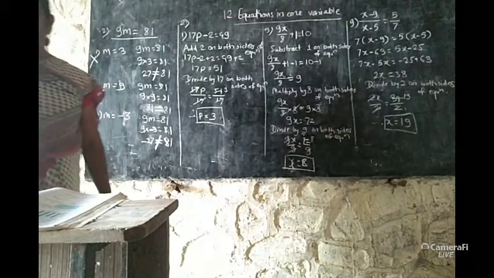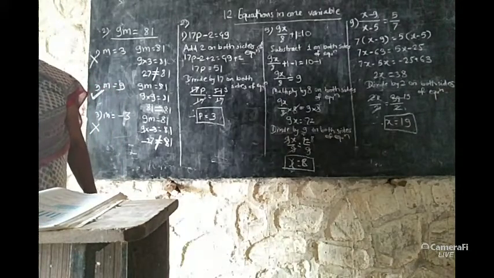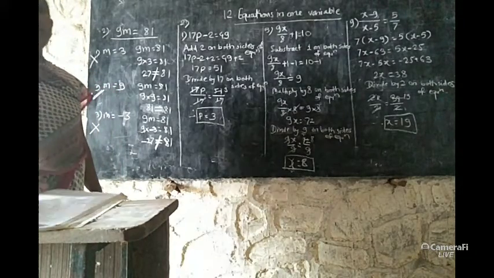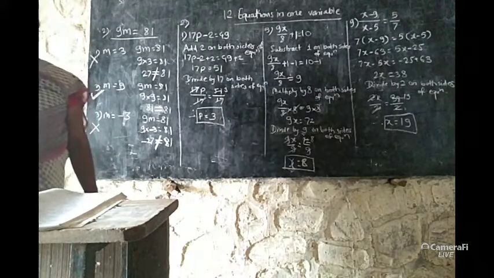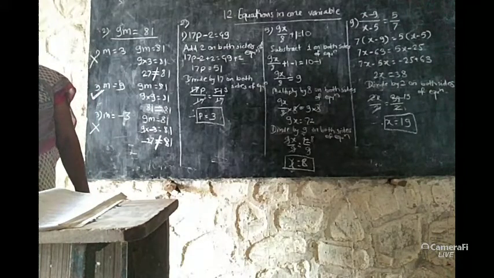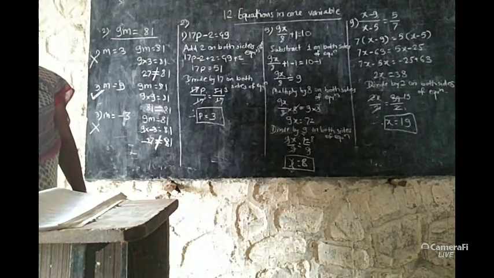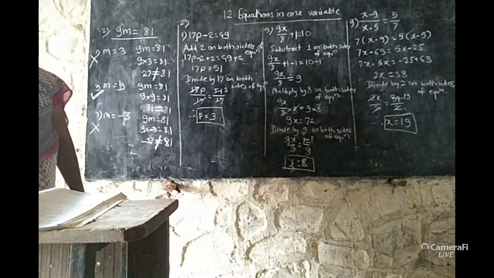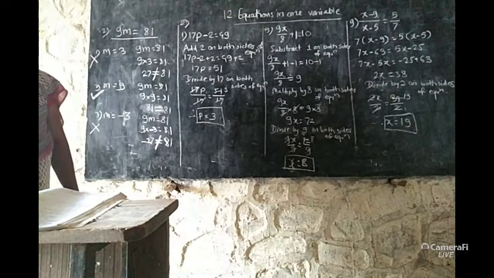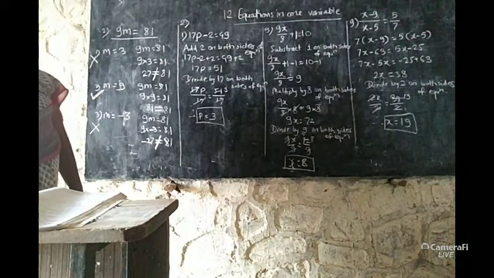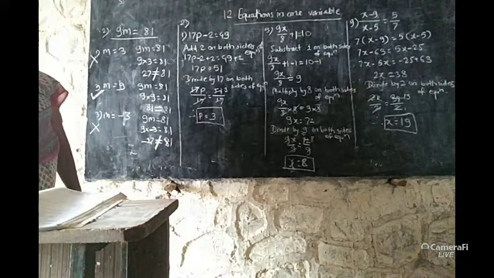We have studied how we have to solve the equations. For solving the equations, we have to use the mathematical operations and do the operations with the same number on both sides of the equation. In an equation, they have given some operations. Its opposite operation we have to do, using the same number on both sides of the equation. See, I have taken the first example from question number 2.